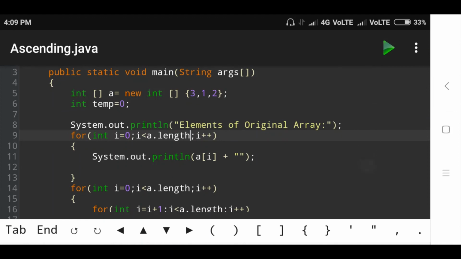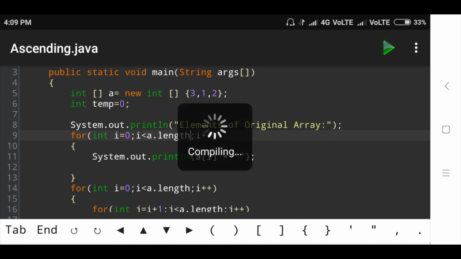Now let's run the program and see the output and check what will be the output.